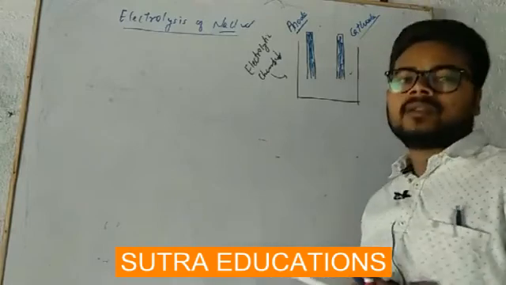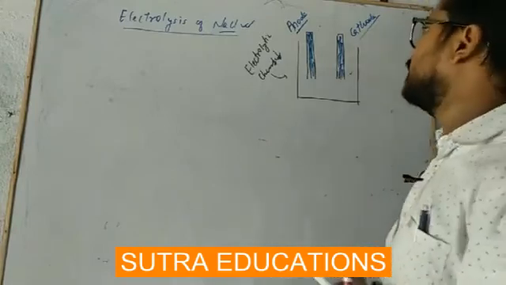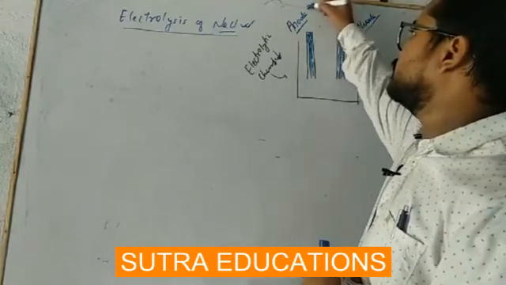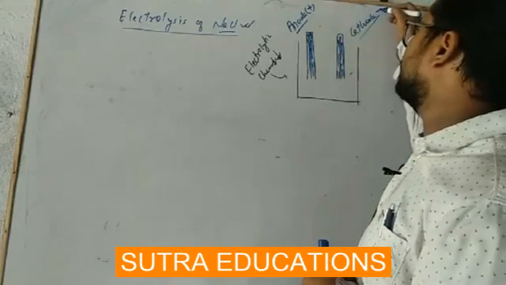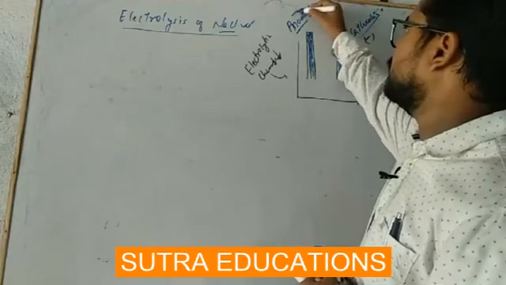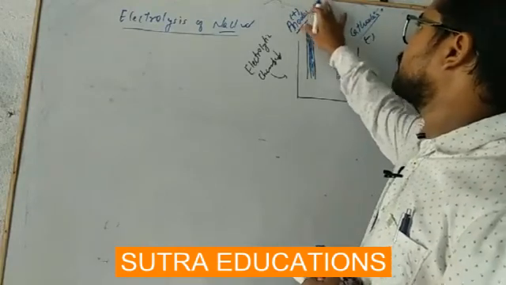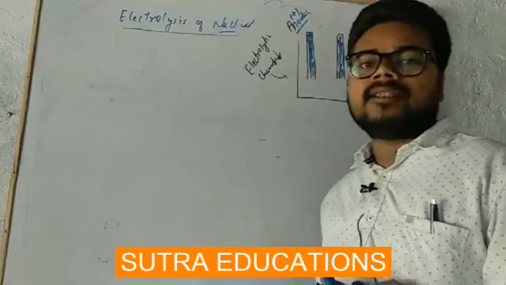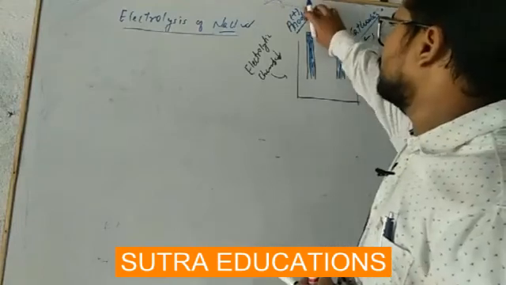So anode is positive, we know, and cathode is negative. So right here negative and right here positive. Then connect these two through a battery